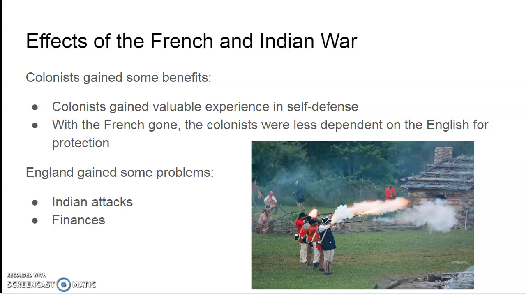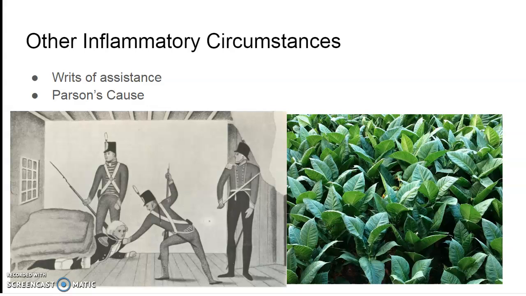So England has a lot of problems thanks to the French and Indian War. There's other inflammatory circumstances that cause the colonists to become very disenchanted with the British Crown. One of them is writs of assistance. And basically what writs of assistance was that they were issued by the British government to help authorities enforce trade laws in the colonies. So basically, they're like search warrants, and they could go at any time and search virtually